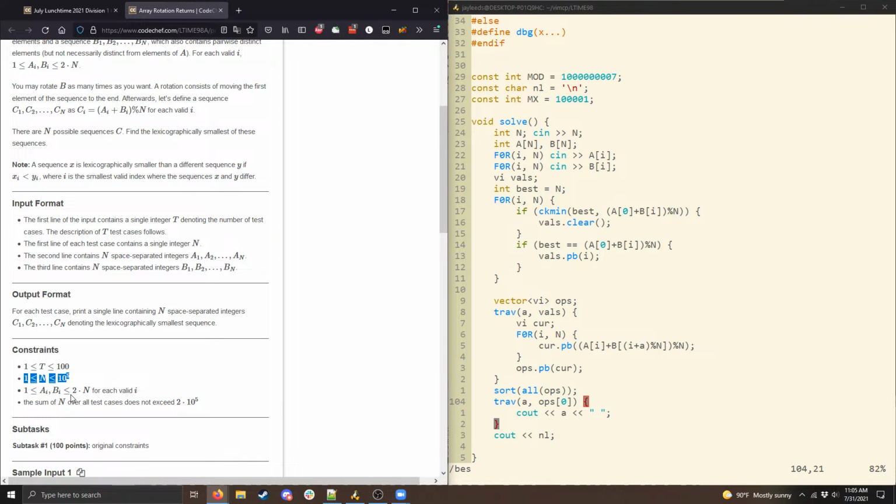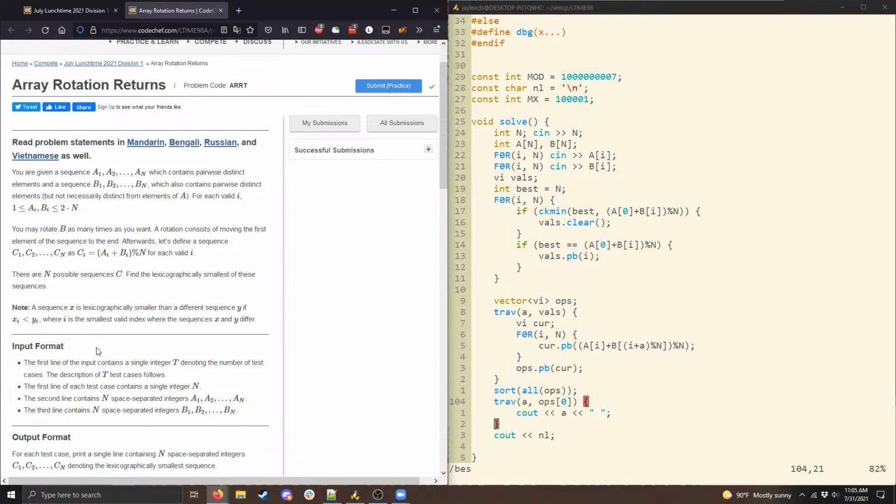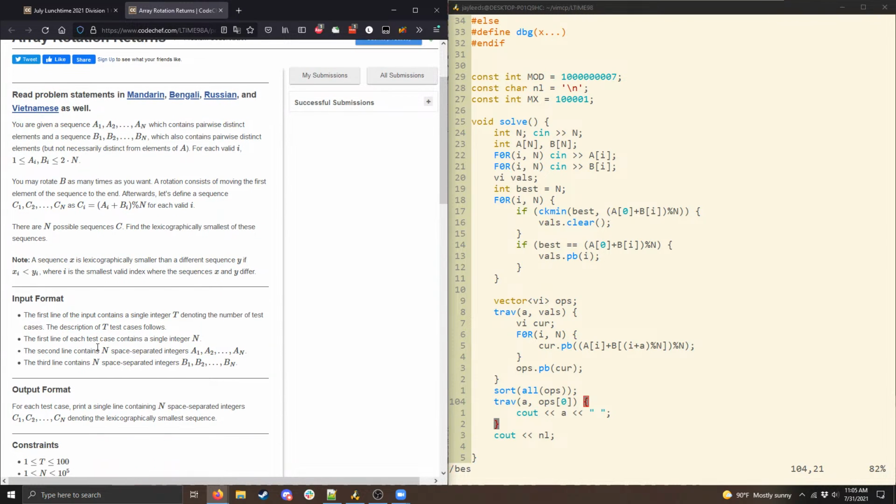Okay, yeah. So I think there are a couple of themes that you should take away from this problem if you didn't solve it, to hopefully get problems like it the next time. The first is that you should always be thinking of a greedy strategy whenever you're looking at lexicographically minimal sequences. And the second is that whenever the constraints look a little funny, look like something you might not expect, pay attention to them.